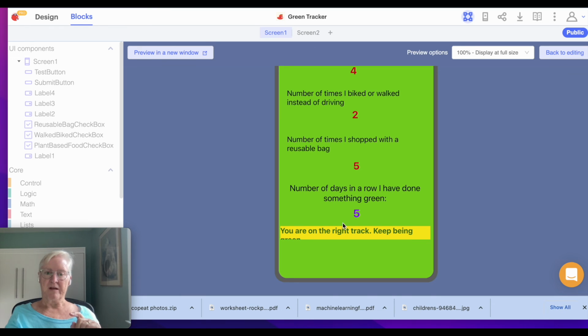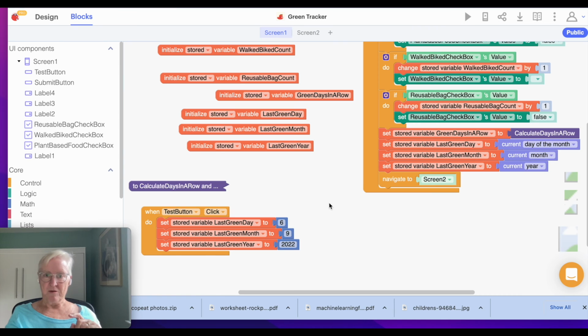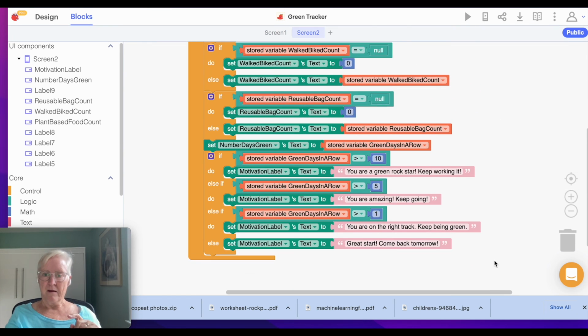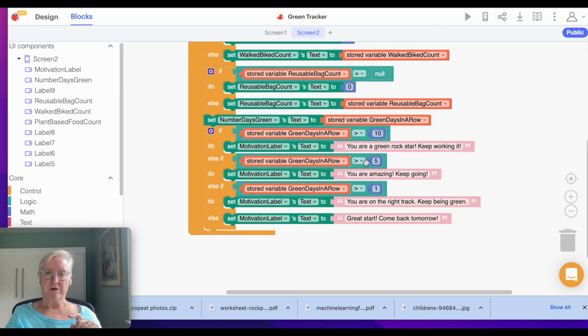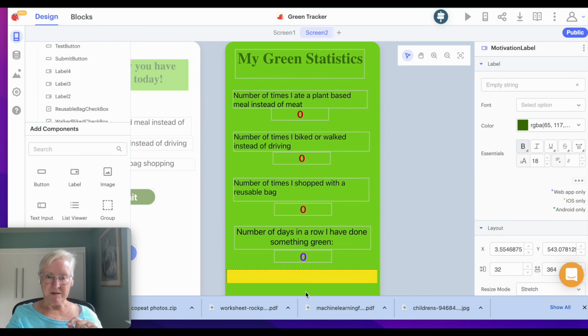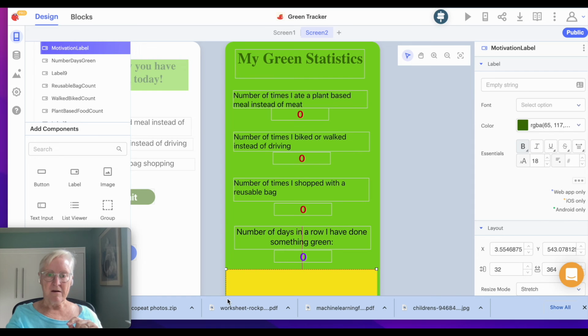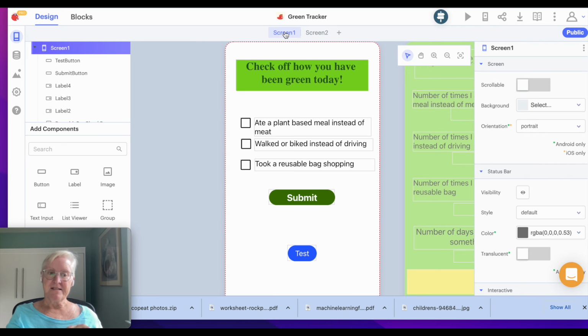You are right on the right track, keep being green. I got to make that bigger, but let's just make sure. Right, so it was greater than 1, but not greater than 5. It was equal to 5, so I got the right one there. Okay, so let's go back. Let's make this a little bit bigger for my message. And then, in this case, if I set today's date as the date, I should go back to 1, so